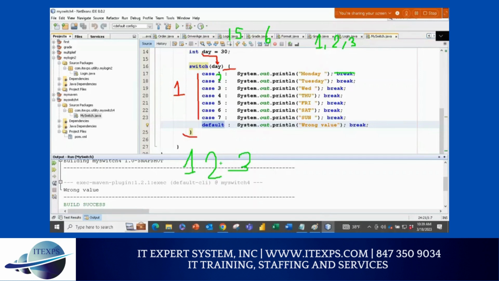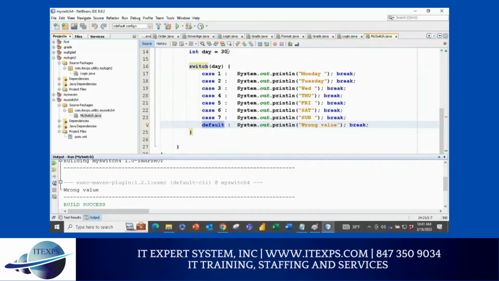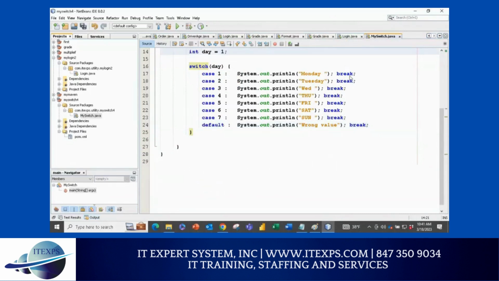So you are entering 1. If you're entering 1, and if you don't do break, it will automatically go to the next one. And if you don't do break, it will go to the next one automatically. So this is a very popular question in interviews. So example, check it out. I'm going to do 1 here. And I forgot to do break. See here what happened. I forgot to do break.